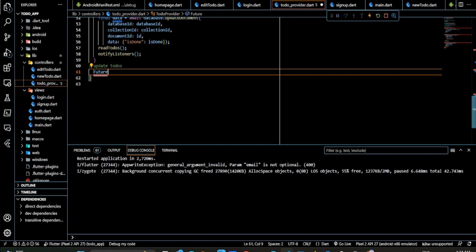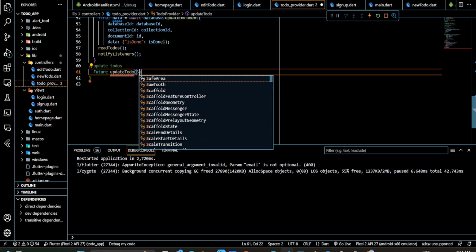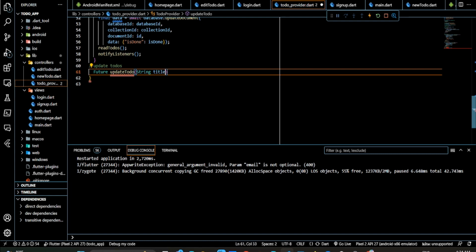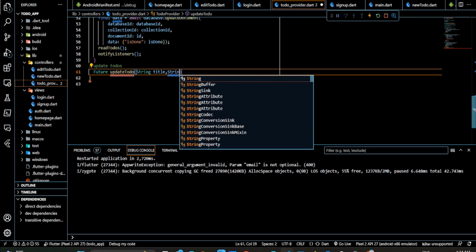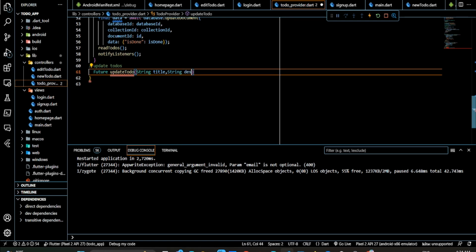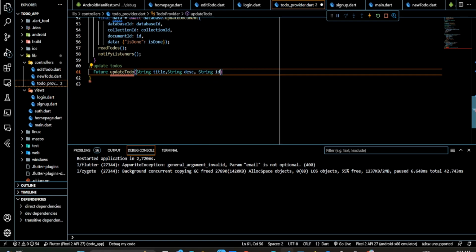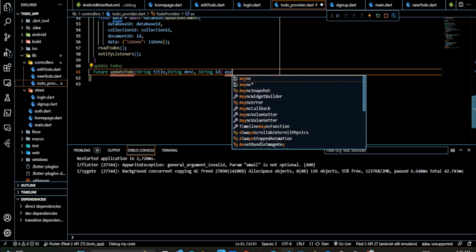Future, let's call for future update to do having capital S String title and String description, String of id. Whoever wants to update that, async